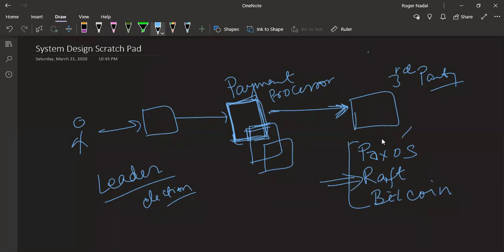Google has their Chubby lock service where they actually use this Paxos thing. And what else? They also have the Spanner database, so they have used it there. They also talked about, when they built the Chubby lock service, how practically tough it is to build a system based on Paxos, to implement it in the real world. And then Google Spanner has it.